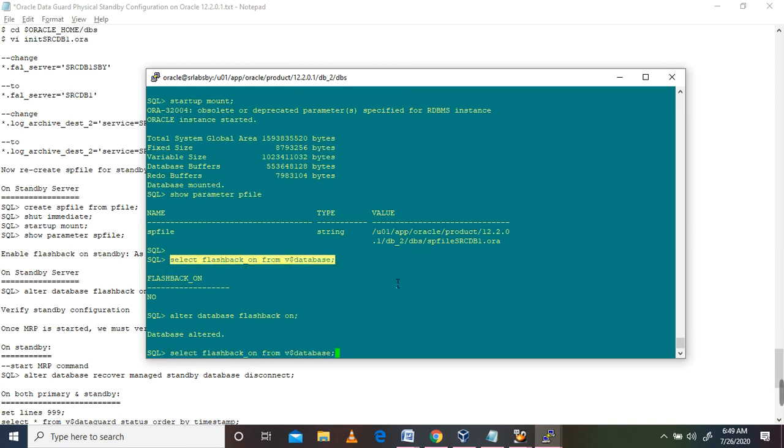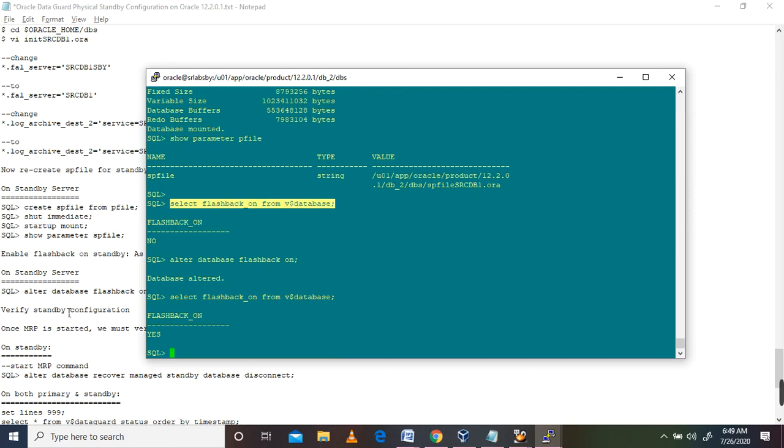We will start the MRP: alter database recover managed standby database disconnect from session.